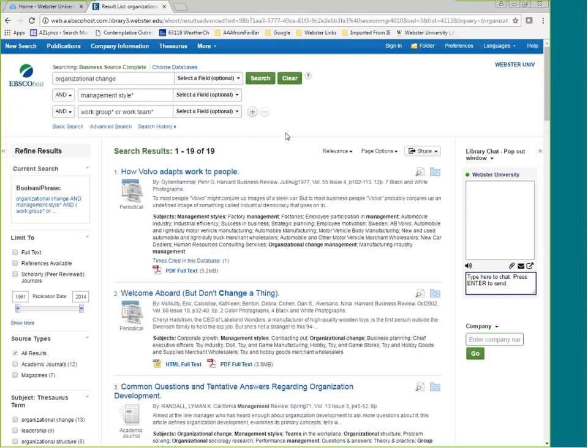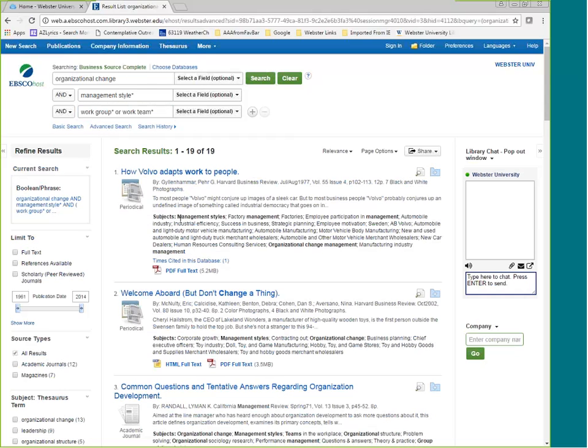So what we might want to do next then is to look at the articles that we did find. And anytime that you do a search, do pause and just take a look at the articles that you find. So we can see this is a periodical. The number 1 is a periodical.